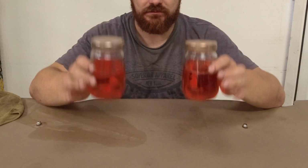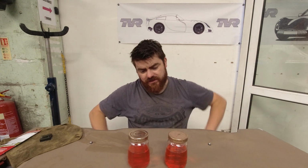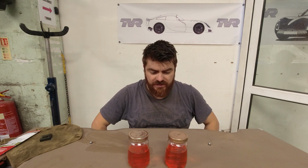So we've got two jars here, two pickle jars, and one of them has waterless coolant in it, and the other one has regular antifreeze in it. I say regular antifreeze, it's the OAT 5-year rated stuff. The waterless coolant is